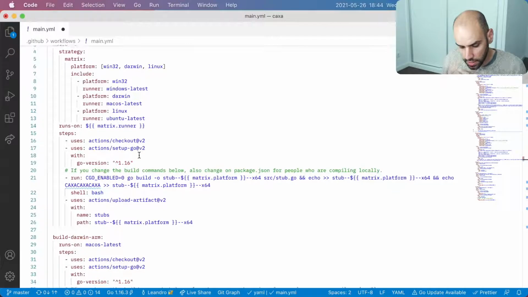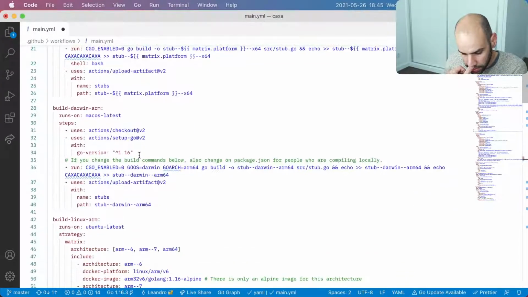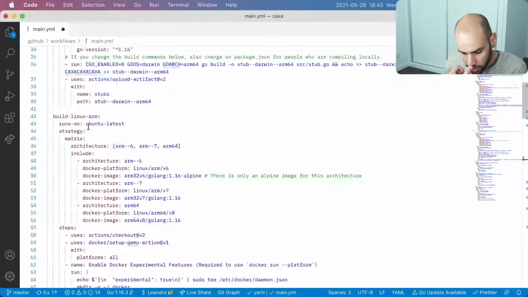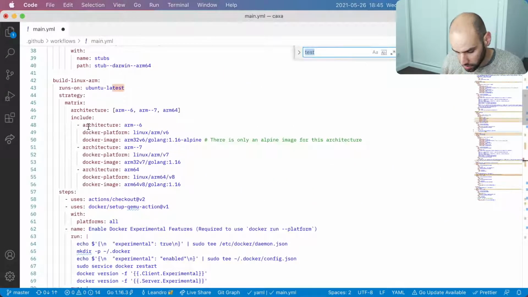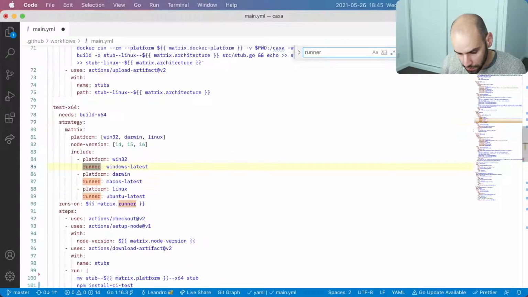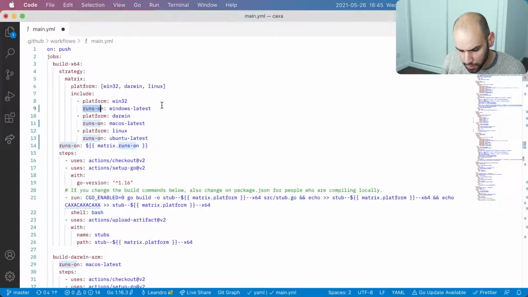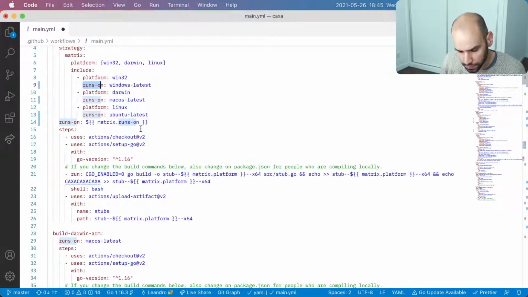By the way, since I am doing this, I think I will change the styles of some of the ways we are writing these things here. So for one thing, I know that we have a runner variable. Yes, and I was just thinking about this off stream, but I think that the runner variable should be called runs on. I think we mentioned this on the stream and there was some reason not to do it, but I think it's fine if we do it. So I will rename this since we are here in this file.